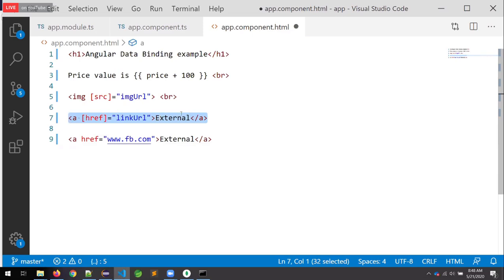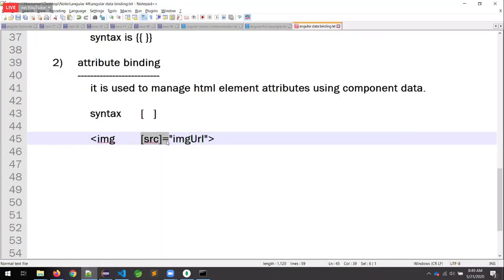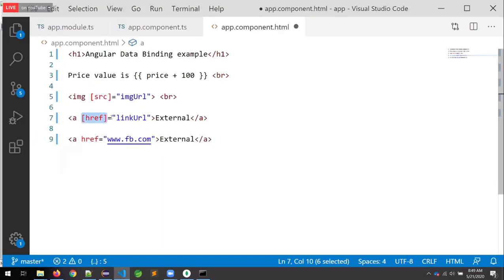Now tell me, is this link static, or does it depend upon the component data? It depends upon the component data, through attribute binding. What is the syntax for attribute binding? Square brackets. So this is another example.